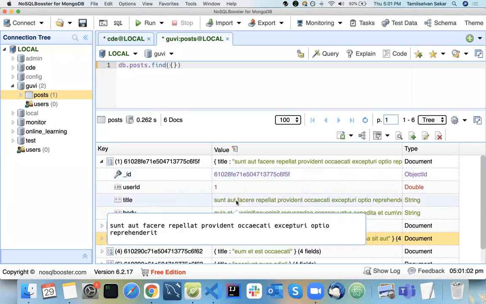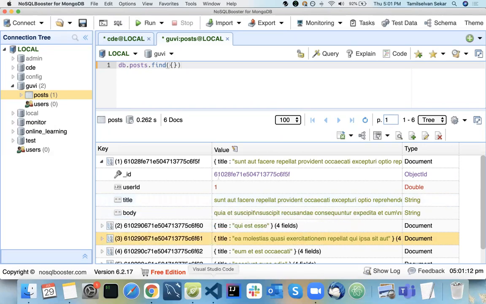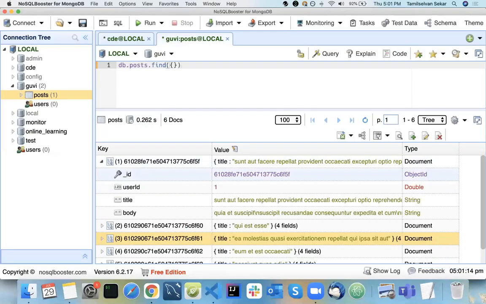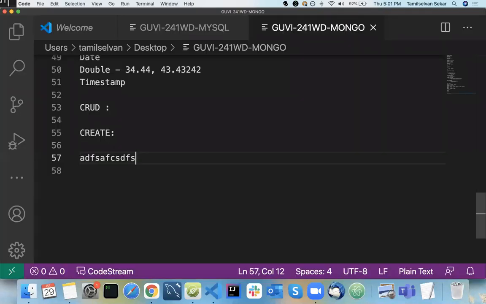So how this ID is generated is it takes your current time. It is actually 12 bytes. I'll take this example, so consider I have some IDs inside it, something like an ObjectID here. I told you this ID is generated automatically. It is stored as 12 bytes in its memory.